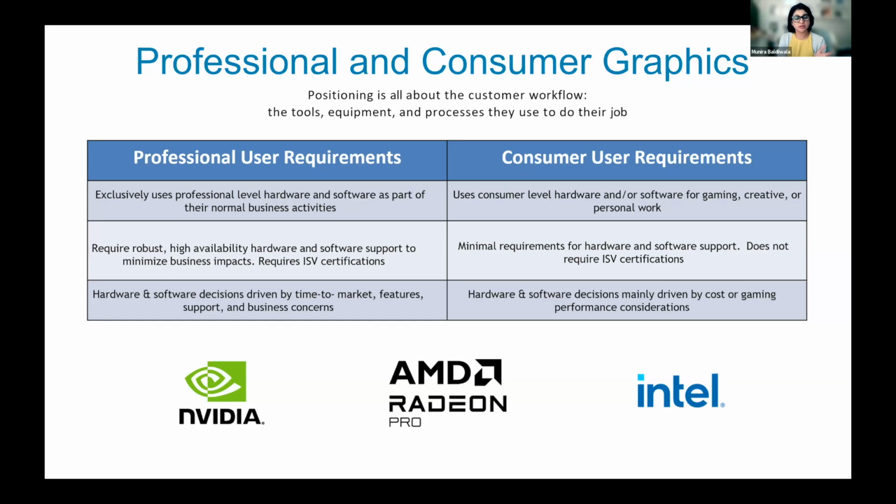As you'll see, there are differences in terms of consumer and professional graphics cards. Today, the graphics cards on AMD and NVIDIA support OpenCL. That's basically a technology that allows the graphics card to assist the processor. But NVIDIA also has its own technology, CUDA, right? Some applications support only CUDA, but others support OpenCL. So you really want to be mindful with what graphics cards you bring into your environment based on the applications